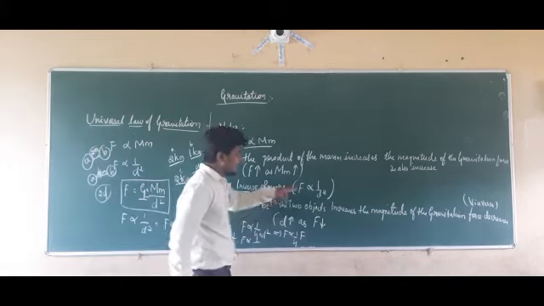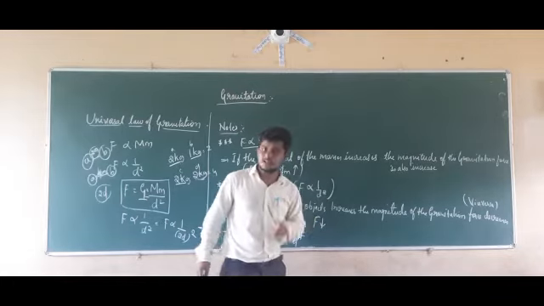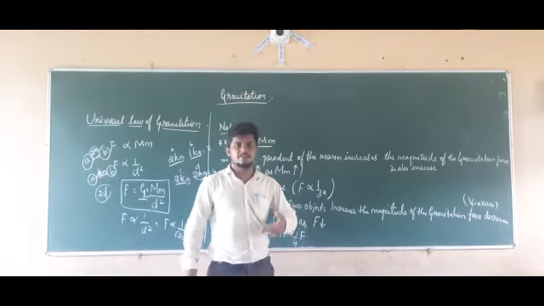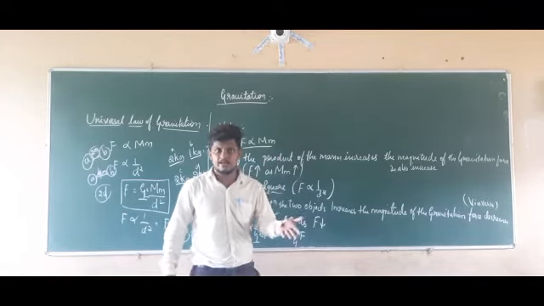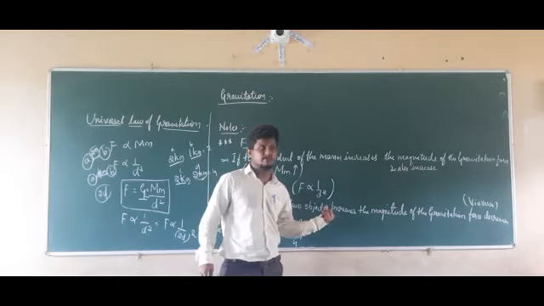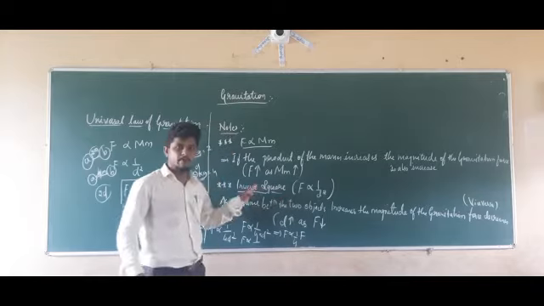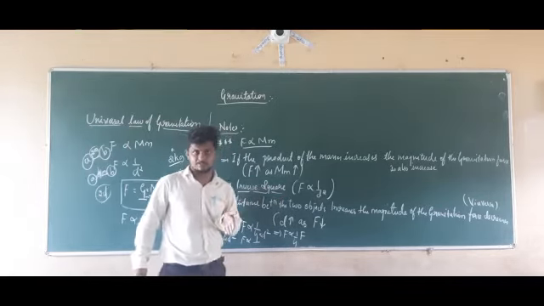That is nothing but if the distance is increased by 2 times, the magnitude of the force is going to decrease. But how many times? The square of the distance. That is nothing but if it is increasing by 2 times, the square of the distance will become 4 times. So the magnitude of the force is going to decrease 4 times. So F is going to become F by 4. Like this the inverse square law works.